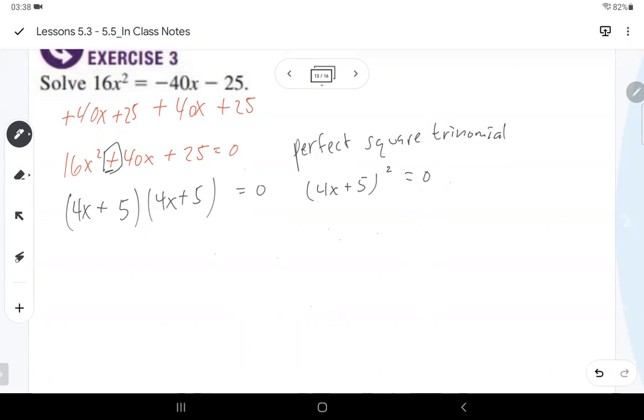We only have to solve this one time, but there are 2 of them. So we'll do 4x plus 5 equal to 0. Subtract the 5. 4x equals minus 5. Divide by 4, divide by 4. Then we have negative 5/4. The most correct way to write this would be the set of negative 5/4. And then you want to say